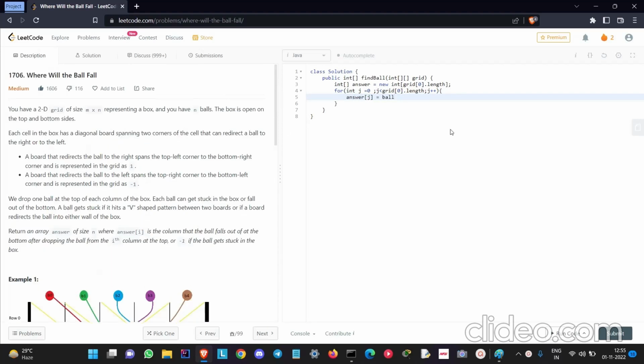ball fall. Let's have a helper function ball fall column of it pass j and grid. Finally, we'll return answer. So now let's build up the helper function, which is ball fall column. So it will be having column and grid. So initially we'll have a row as 0, and while row is less than grid dot length,